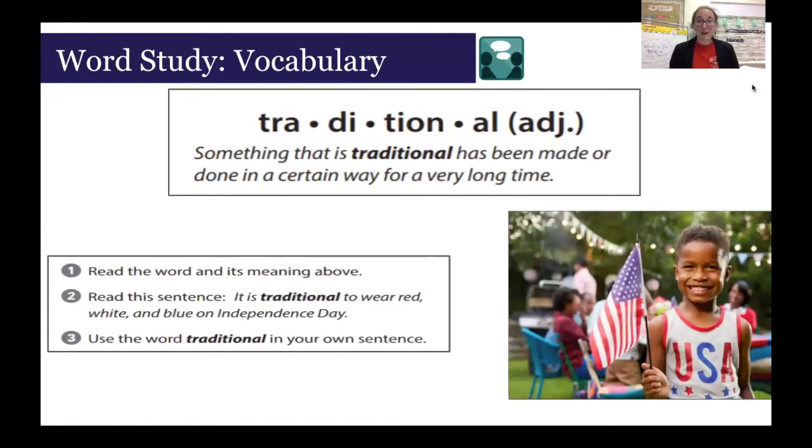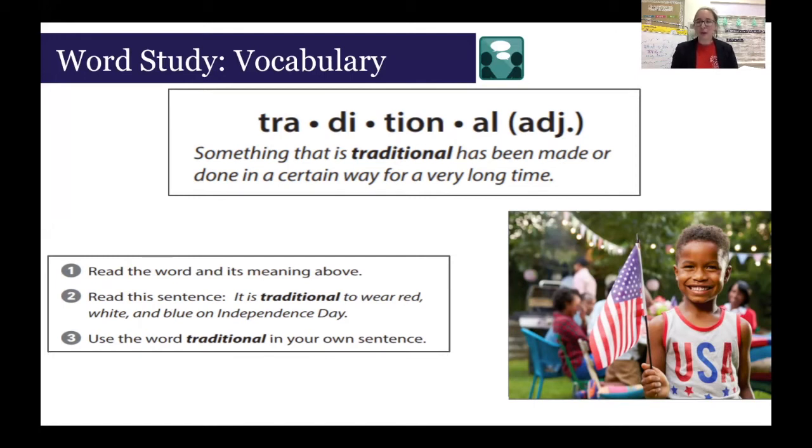Our next vocabulary word is broken up into 4 syllables. So show me 4. And let's sound it out. Traditional. Wonderful. And a traditional is an adjective, meaning that if something is traditional, it has been made or done